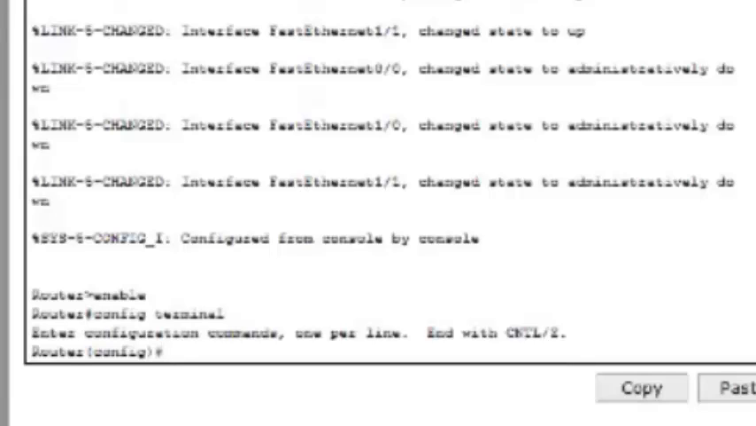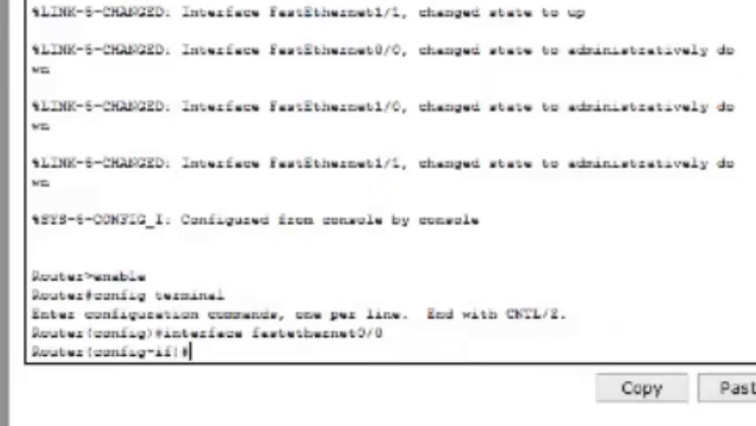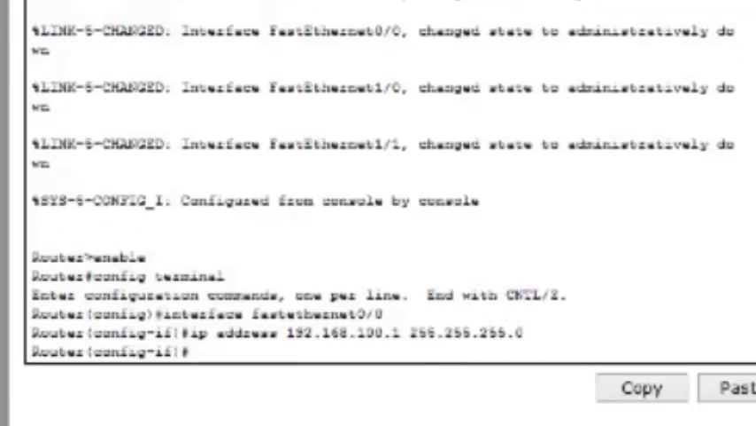enter, and then interface FastEthernet 0/0, ip address 192.168.100.1, network address which is 255.255.255.0, and then no shutdown,